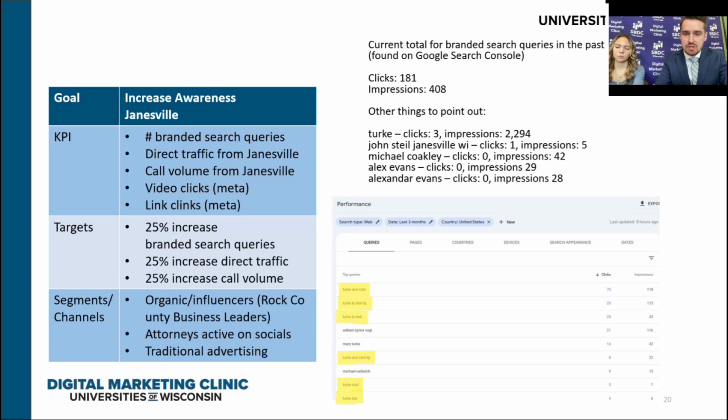But first, I want to bring it back to the measurement model. As you can see here, we have the same goal of increasing awareness in the Janesville area, and Google Search Console is where we can find these branded searches. Branded searches and variations of your brand name that people are looking up and finding your site for in the organic search results are displayed here. So obviously, this shows people are starting to become aware of your brand name, which is a good thing. That's something that you want to see. And we also wanted to see a 25% increase in these numbers to show that the awareness is spreading. So you know people are starting to learn more about your business and you're hitting a larger target.